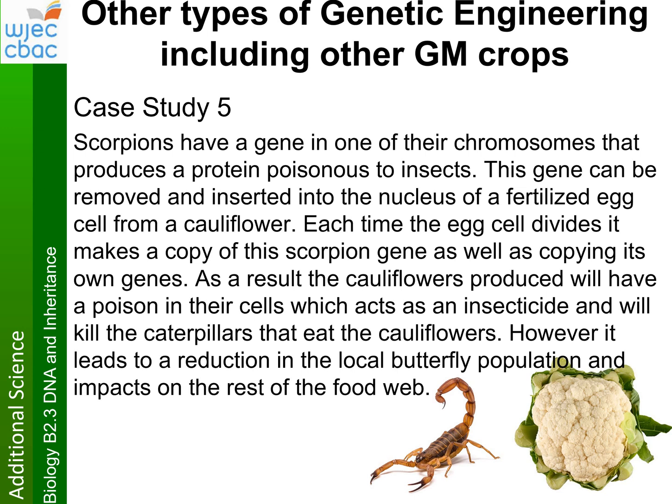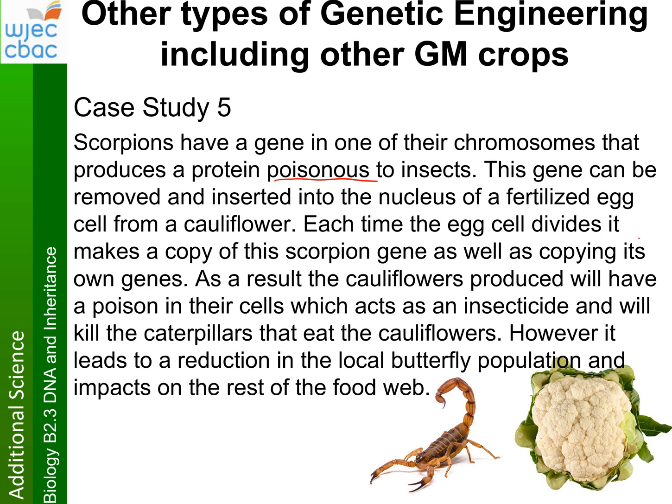This next one is also an advantage, but it does have a disadvantage in it. Scorpions have a gene in one of their chromosomes that makes a protein that's poisonous to insects. So it's a natural insecticide, if you like, from the scorpion. This gene can be removed from a scorpion and inserted into the nucleus of a fertilized egg cell from a cauliflower. Each time the egg cell divides, it makes a copy of this scorpion gene as well as copying its